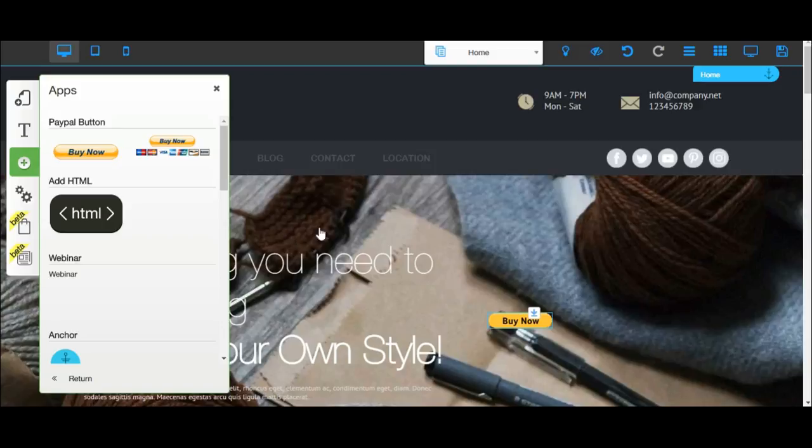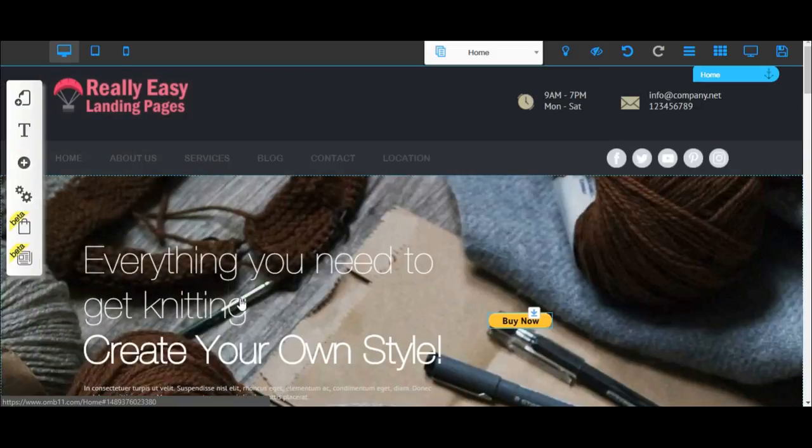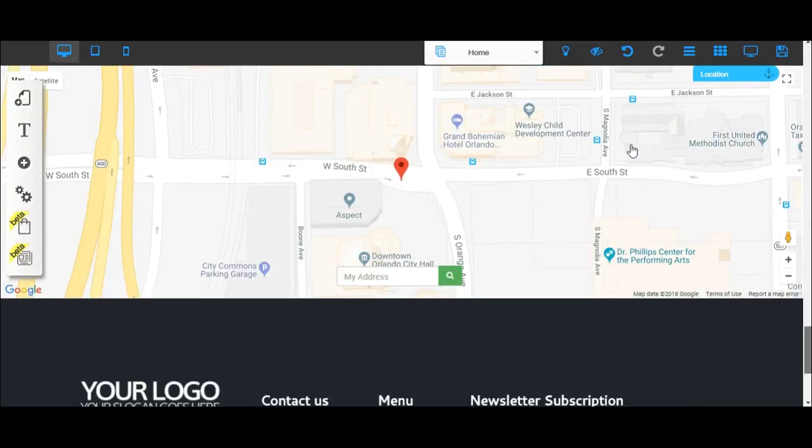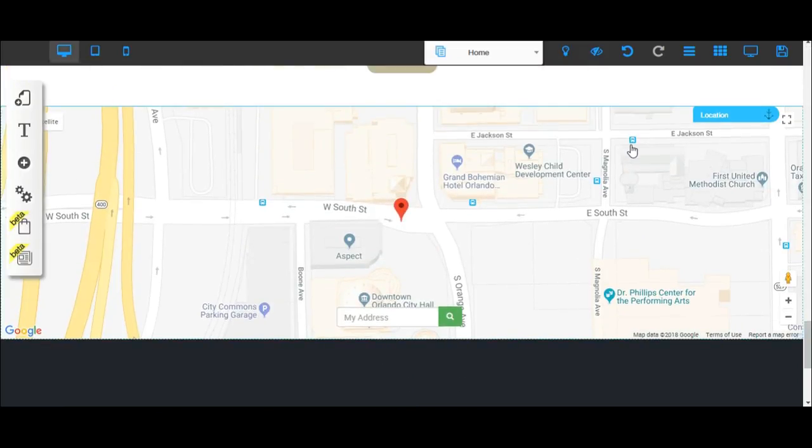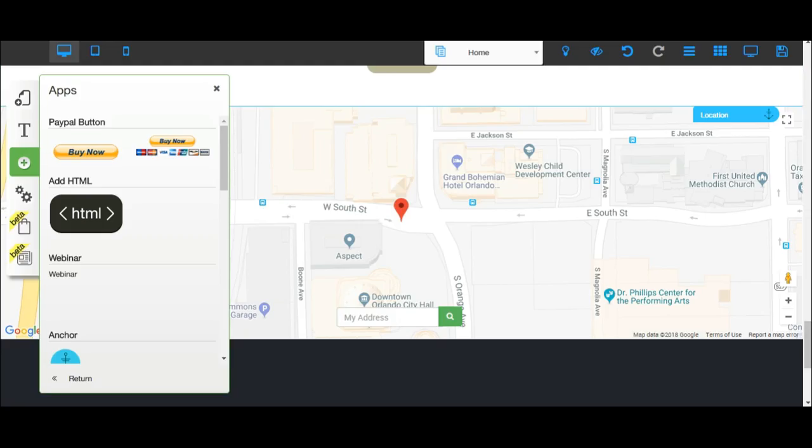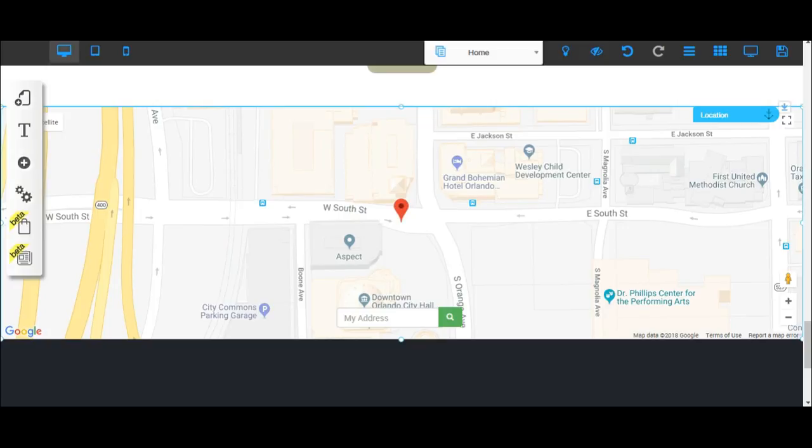So that's it for today. What we've looked at today is how to edit a ready-made template. We've looked at how to add Google Maps, or how to change the Google Maps so that it is showing your address, and how to add a PayPal button to our page so someone can buy directly from that page. Tomorrow we're going to look at building a sales page from scratch, and this would be a sales page to sell a single product,